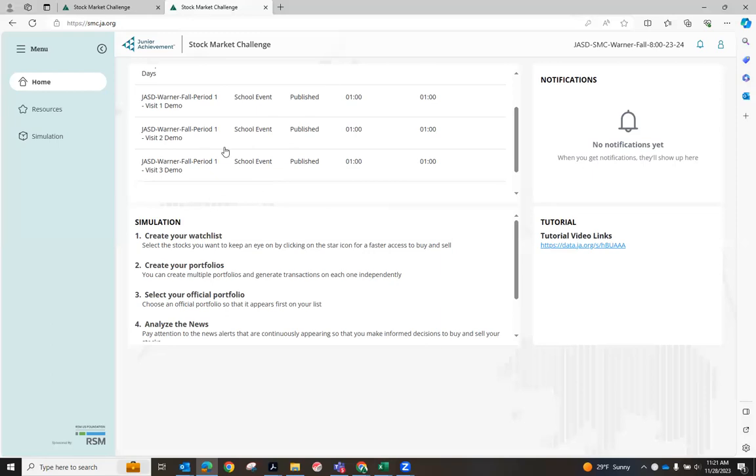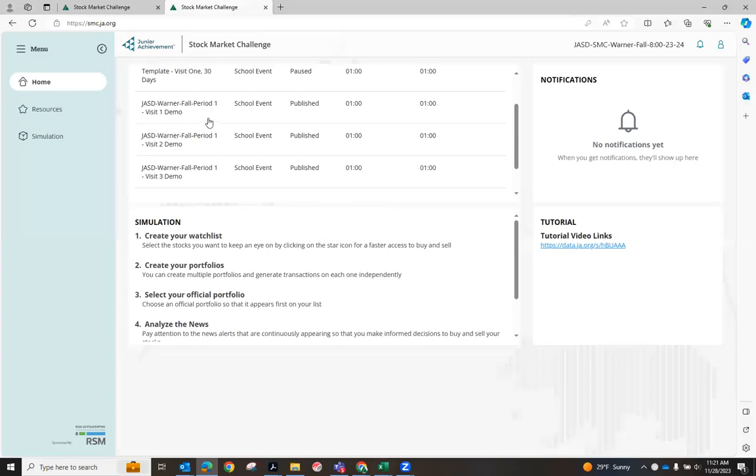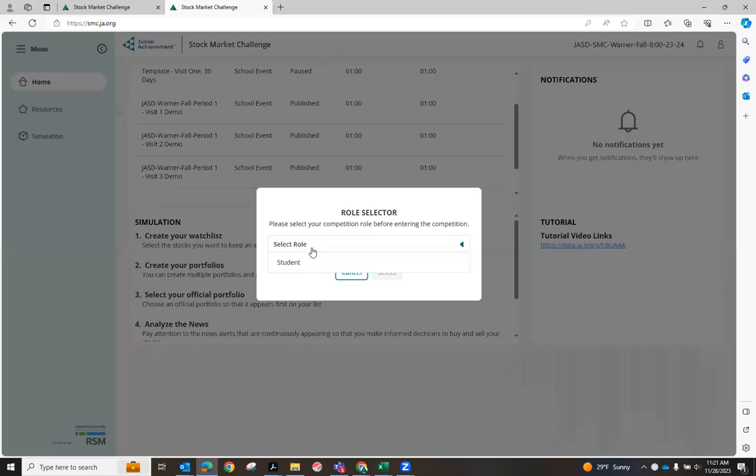So the first thing they're going to need to do is make sure that they click into the proper game. So again, slow them down, make sure they're only going to see their specific games that have been loaded. So rather than all of the classes that the teacher has, they will only see the 3 visits that have been preloaded. So they're going to want to make sure to focus on visit 1. So this is the game we're playing. They're going to select their role as student, hit select,